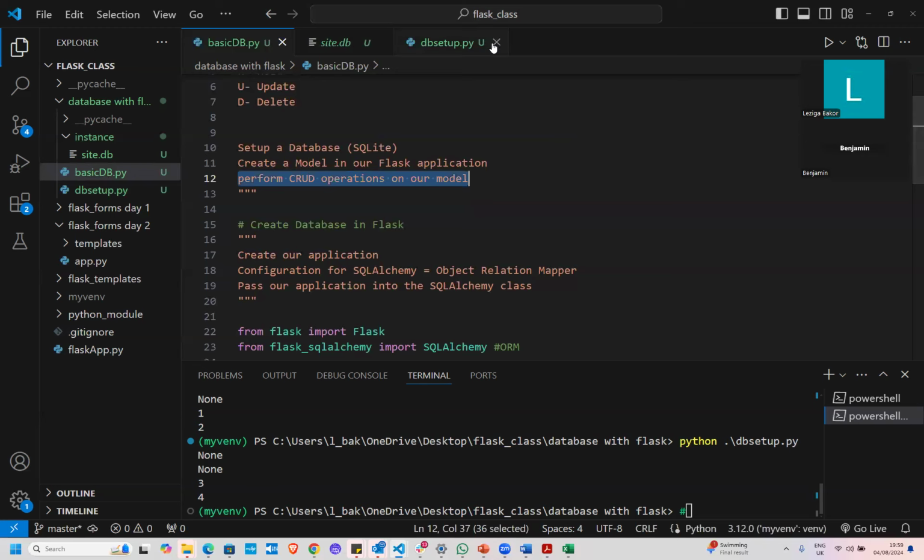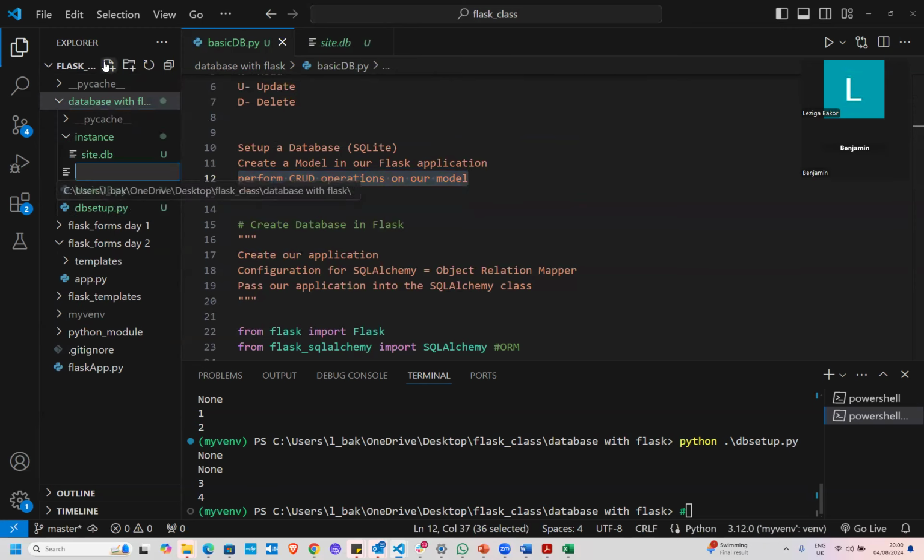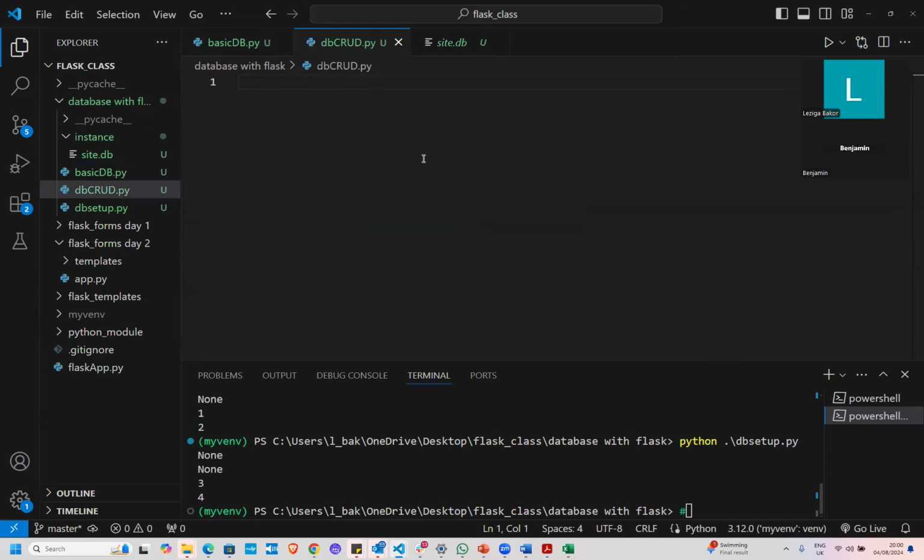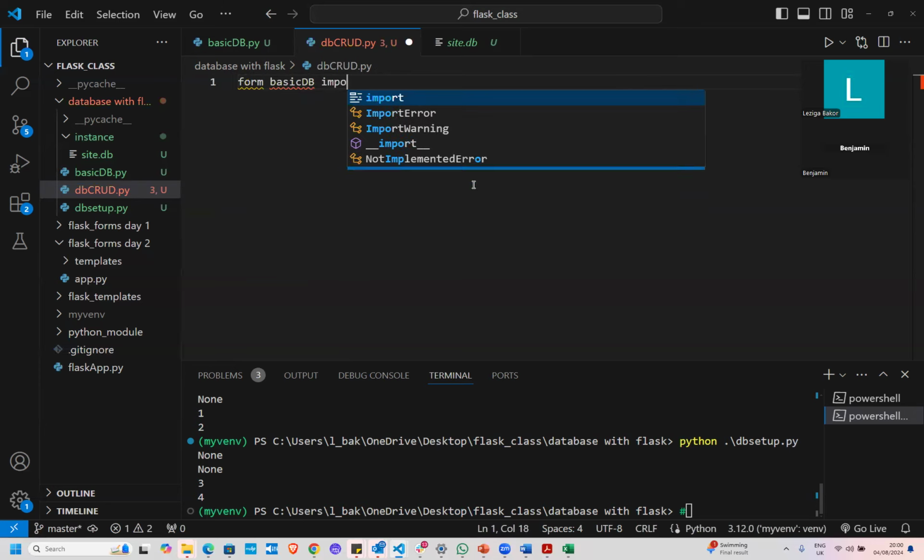Now to do that, I'll use a new file, which I'll just call db crud.py. So for CRUD this thing, and still we are going to import from basic db import